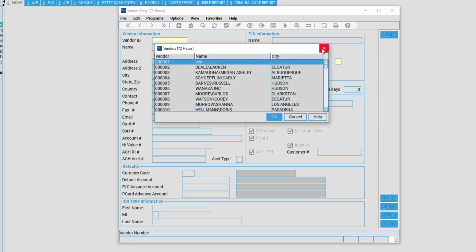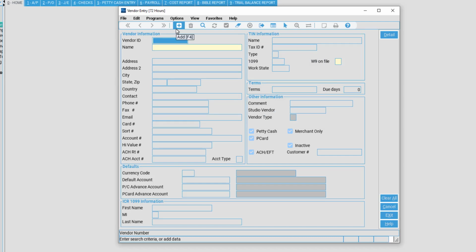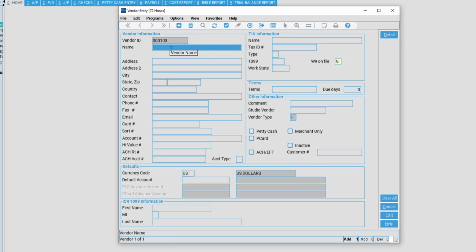of vendors. We're going to add a new vendor today, so I'm going to press F4 on my keyboard. Alternatively, I can click the blue plus sign at the top of my screen. And once I press F4, it will auto-assign the vendor ID. If I wanted to add my own vendor number, I would have just filled out that vendor number before pressing the add key. I'll be adding here production rental